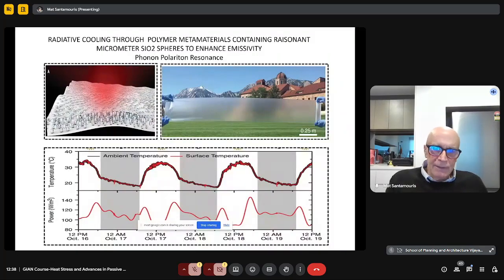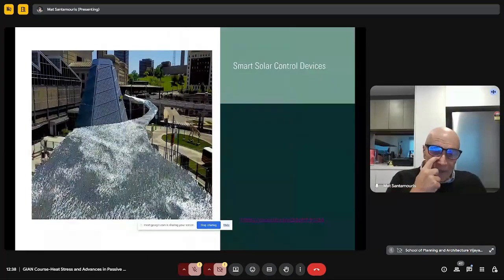Same results for different types of materials. Also, other researchers have developed photonic materials in the form of, for example, plastics. You see, for example, a material developed at the University of Wisconsin, which is a plastic material that presents up to 15 degrees lower surface temperature than the ambient one. Actually, we have, and this is done by an American company, some smart shading devices, which are extensively used all around the world, composed of photonic moving shading devices.